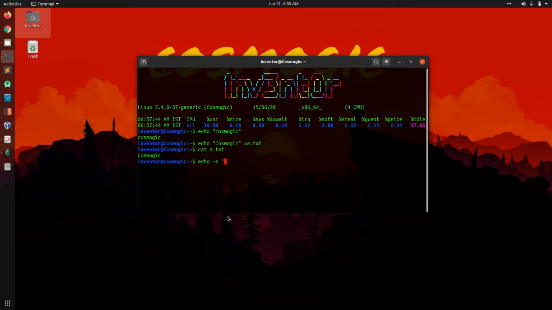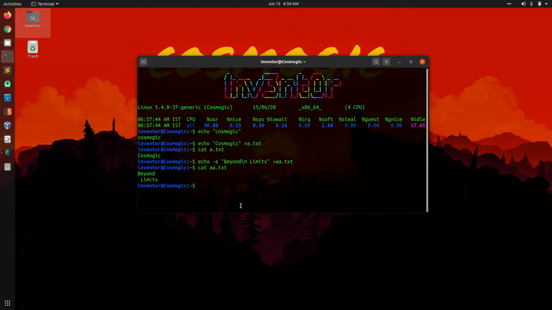What -e does is enable the backslash operator. Here we can see these two strings are printed in two different lines.